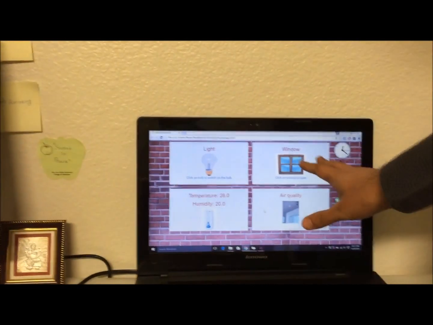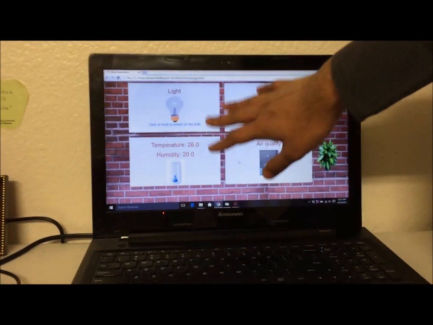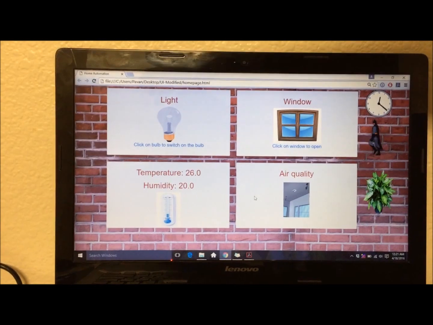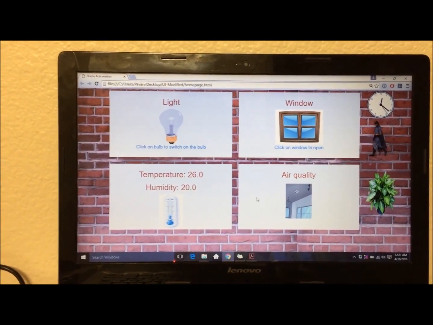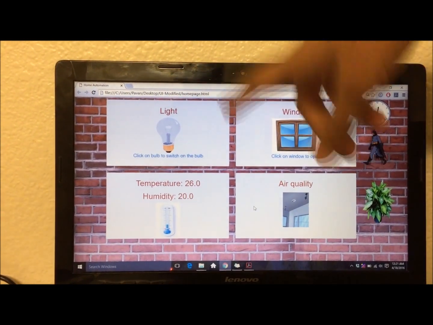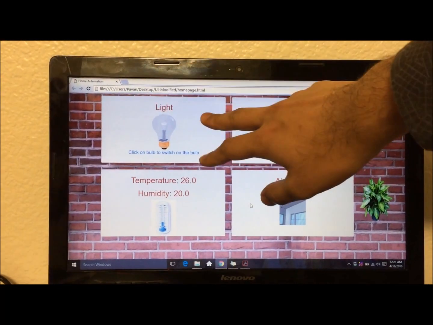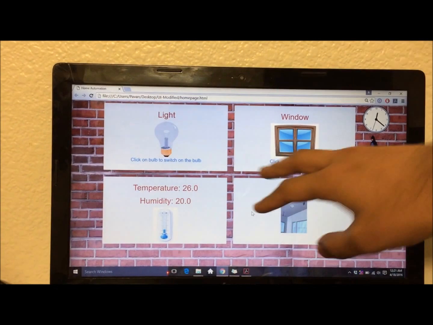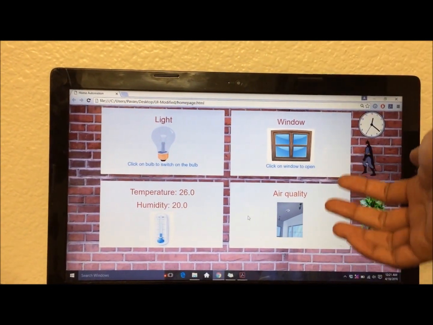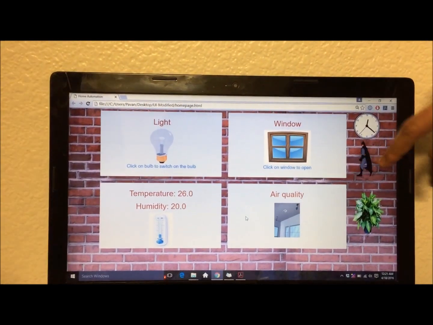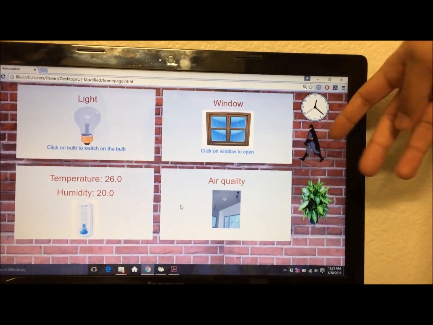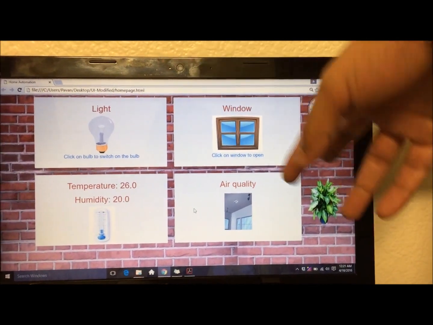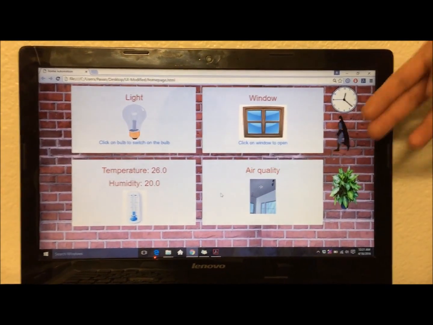You can see this web application where we are using this to control and monitor the individual IoT systems. You can see the light system, window system, and then temperature and humidity monitoring system and air quality monitoring system. You can also see this person walking. If a motion is detected, this particular GIF will be running. If a motion is not detected, then it will disappear.